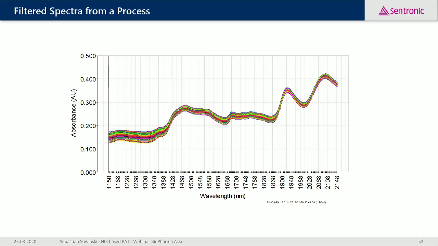I get a set of filtered spectra which is narrowed down here and which removed all of these variations which are due to changes in sample presentation, which then is a set of spectra I can easily use for a PLS, for PCA, for any MVDA methods used to generate information related to the process